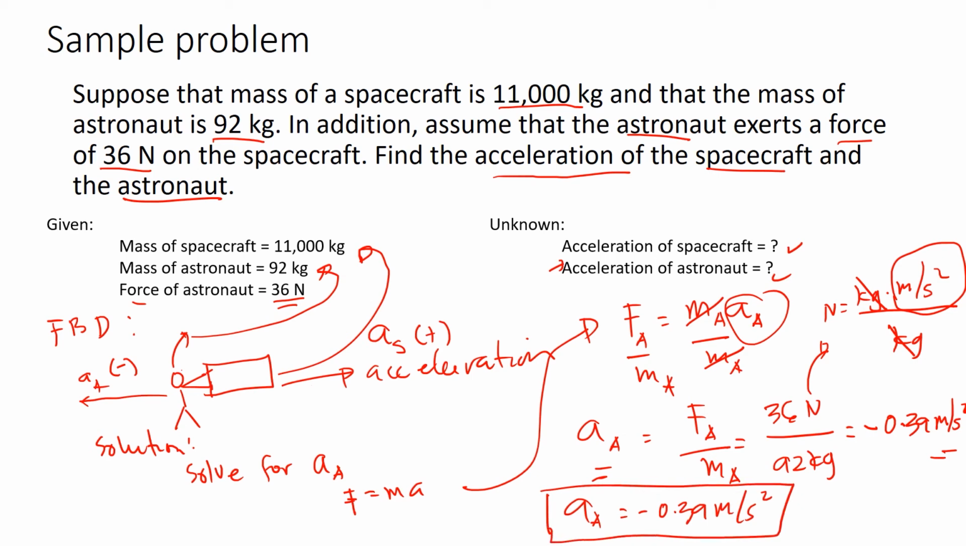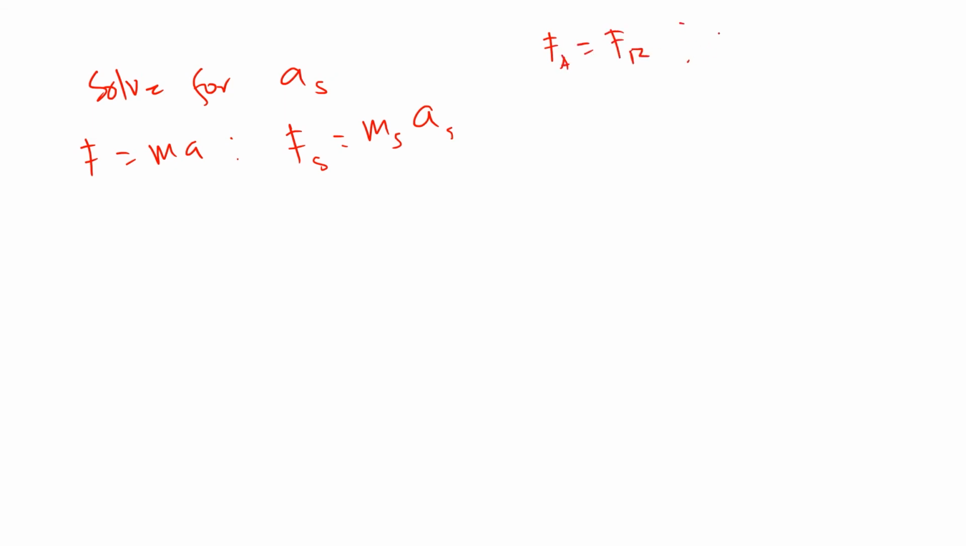Okay, now let's go to the acceleration of the spacecraft. Solve for the acceleration of the spacecraft. So F is equal to mass times acceleration, and this is equal to F sub S equals M sub S, A sub S. So since in the third law of motion, we said that the action force is equal to the reaction force, we will assume that the force of the astronaut here is equal to the force of